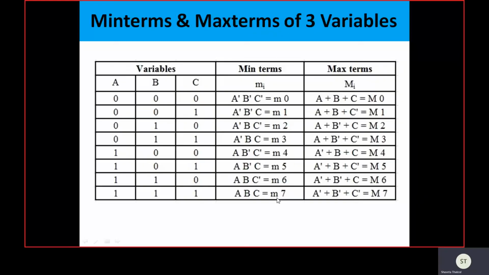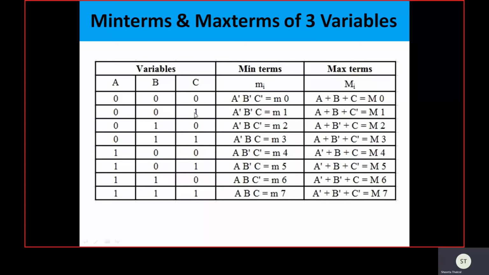For understanding the min term and max term case, we have taken the example of three variables, A, B and C. A, B and C are the three input variables, and in binary, A, B and C can have a total of 8 combinations in the range 000 to 111. Let's say we need to represent the min terms and the max terms in terms of three variables A, B and C. When we define the min term, the 0 is represented as a complemented variable, and if 1 is there, that is represented as a true variable.